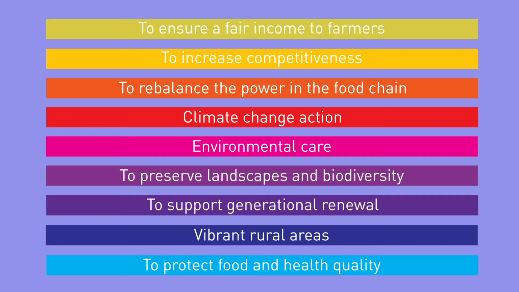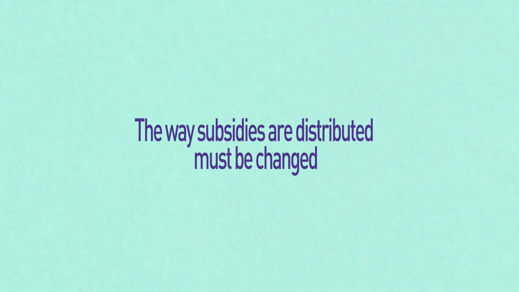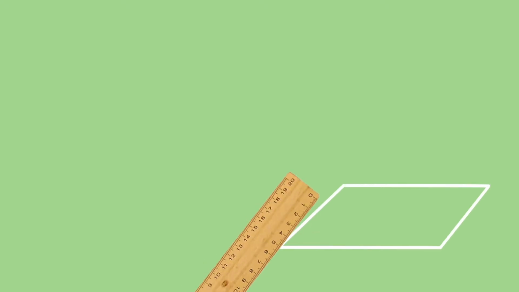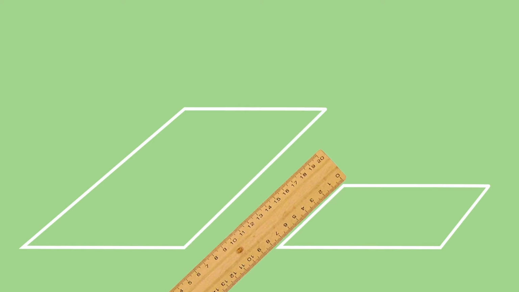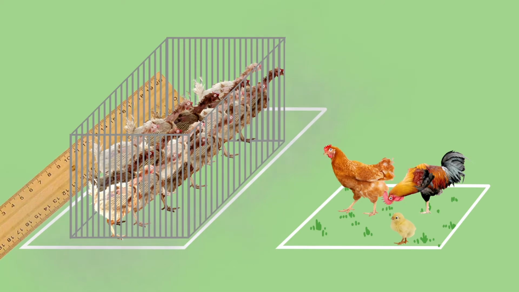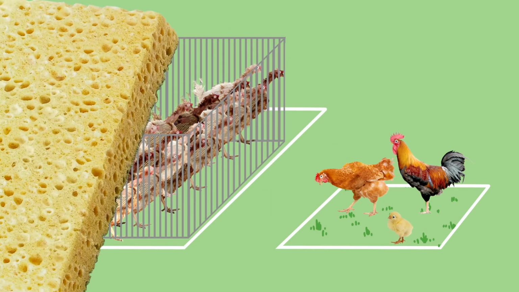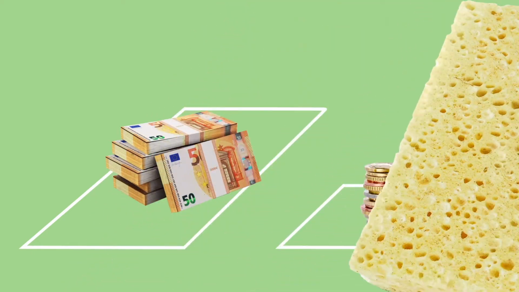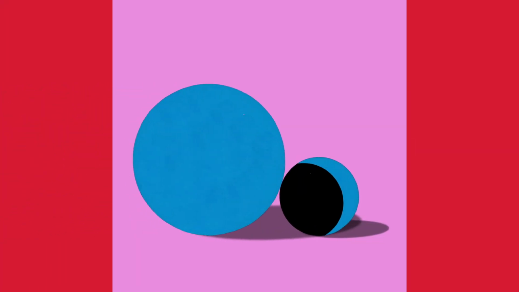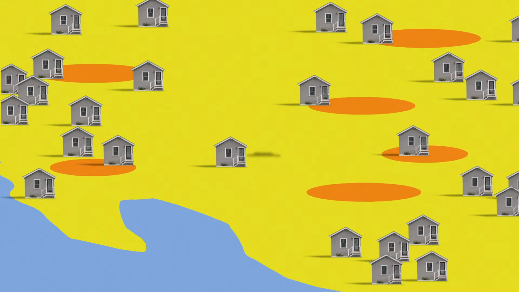Sounds great, doesn't it? But actually, the Common Agricultural Policy is not able to meet its own objectives. CAP subsidies are currently calculated according to the size of the farm, not according to production or production methods. This means that the bigger a farm is, the more money it receives, which creates a vicious circle. The strategy of some farms is therefore to grow bigger and bigger, often to the detriment of small and medium farmers. This policy creates other problems such as land concentration and land grabbing.